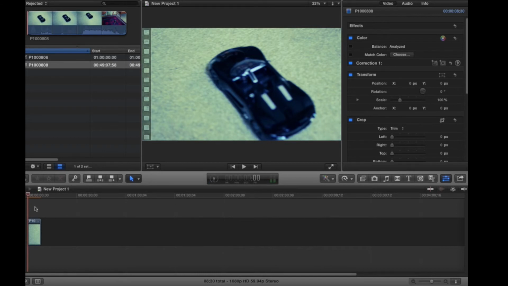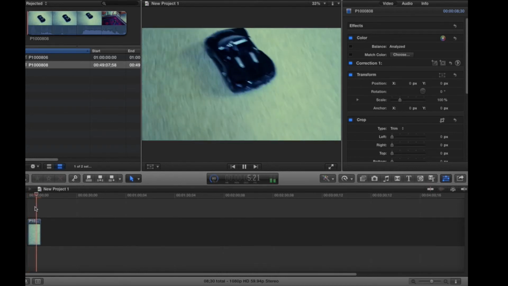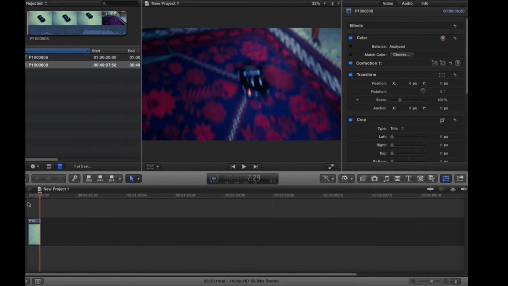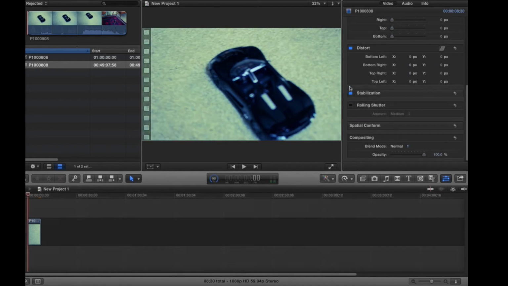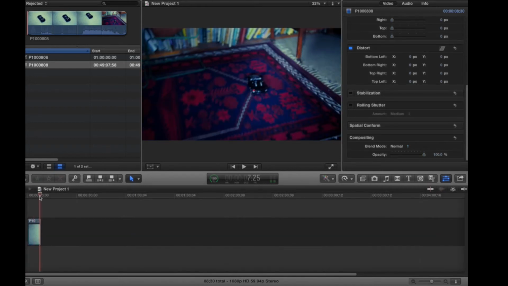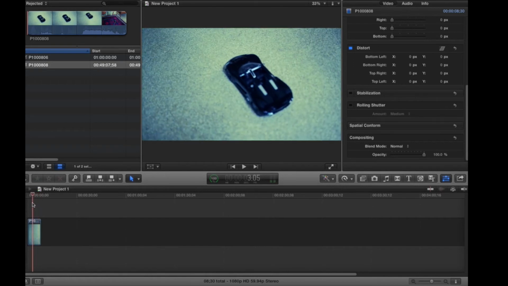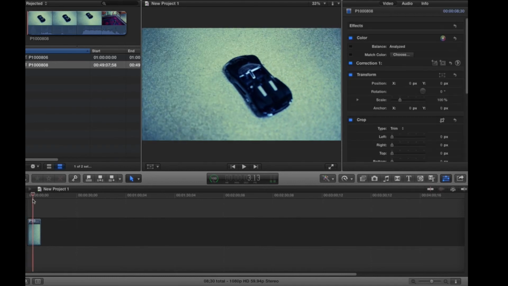Okay, guys, it's done analyzing, and you can see that it's zoomed in, obviously, to stabilize. So let's take a look at what it looks like. It did stabilize it pretty well, except it zoomed in quite a bit. Let's look at it without stabilization. And I guess it zoomed in a little bit, but I just wouldn't do that. You could also stabilize in Motion by motion tracking, which I bet works better than the Final Cut version of stabilizing. But,